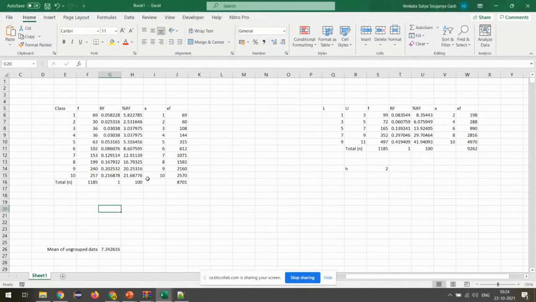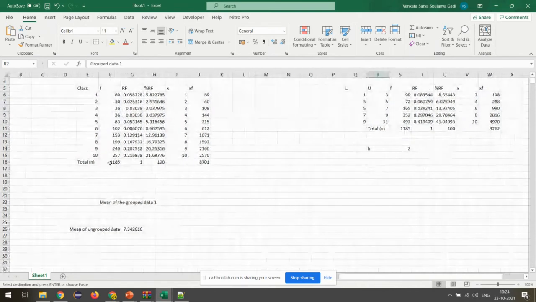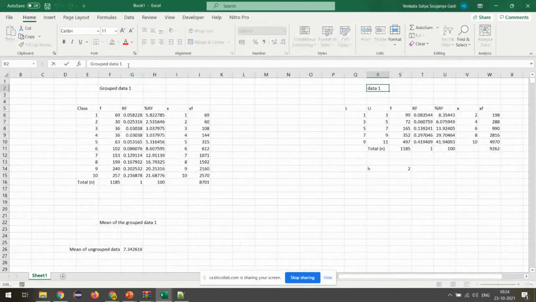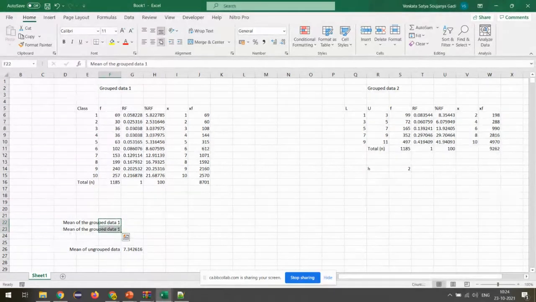So let's find the mean of this group of data. How do we calculate? Mean of the data. Result 1, group of data 1, and I call this group of data 2. So the mean of group of data 1 is, here I'll calculate for 1 and here for 2. Okay, for 1 it is